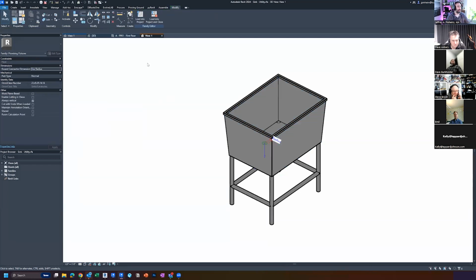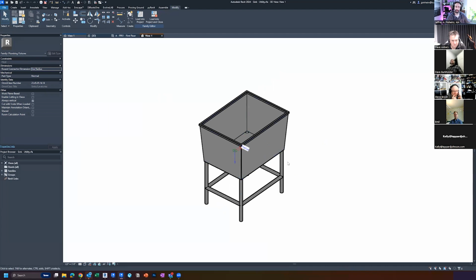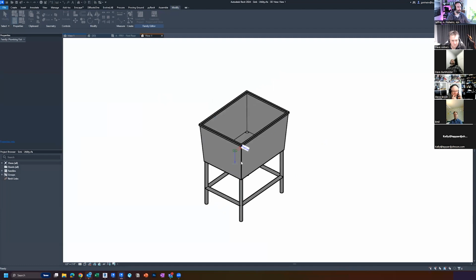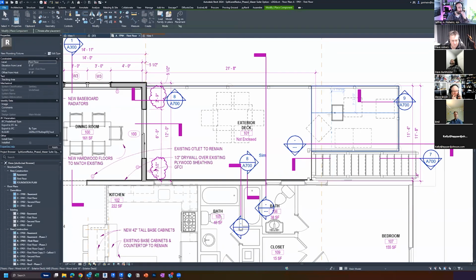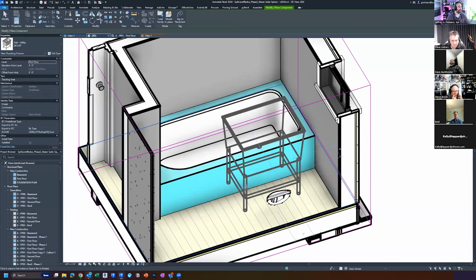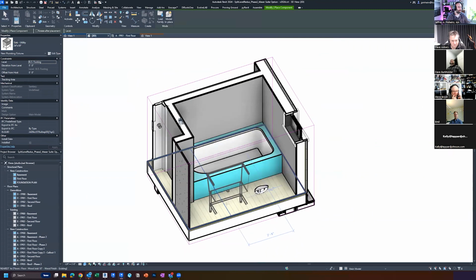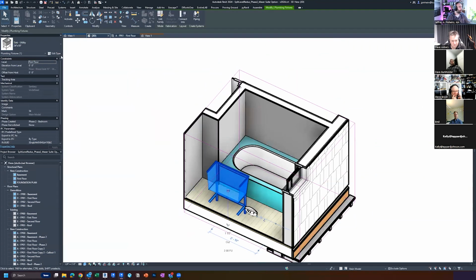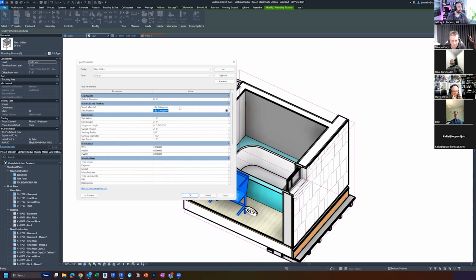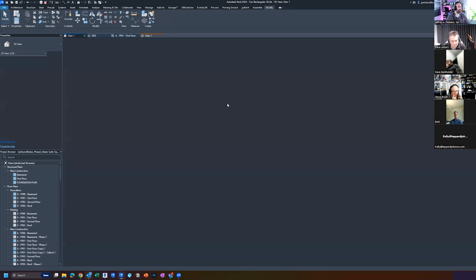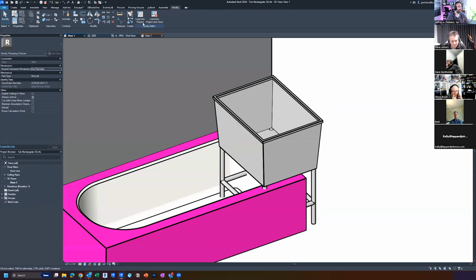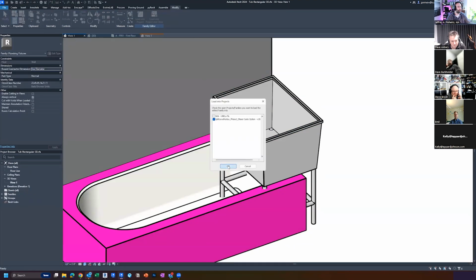And so if I load this into the project now, I have the ability to change it, right? And actually, I'll do that just for fun. So if I load this into the project on its own, why does it keep going to the non-3D? I just want to load into it. So if I load this on its own, I can go in here and I can actually assign the materials, right? However, if I load it as a nested family, so I'm gonna load this into the project now,